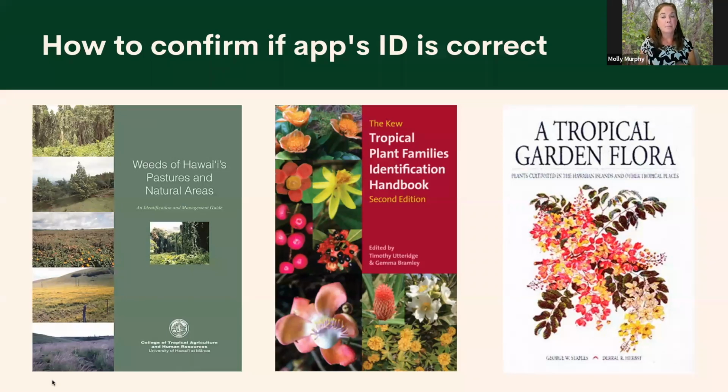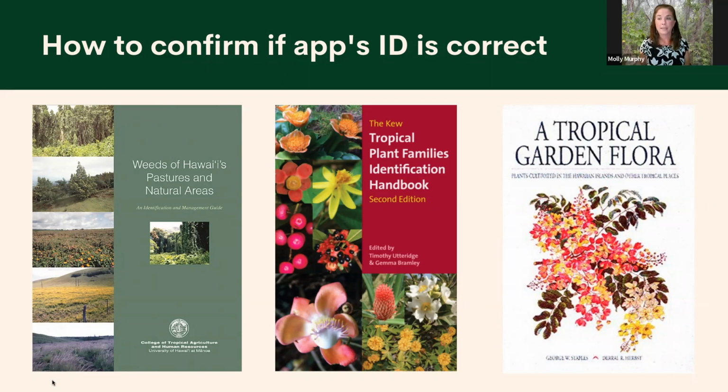If you know the species of the plant, you can type that into your search bar and say "CTAHR," and you can actually get each page from the book. But I highly recommend just buying the book. I think it's less than $15. I use it all the time. In the middle, we have the Kew Tropical Families Identification Handbook. This is if you want to get a little more nerdy into plant identification. It helps you learn the characteristics of each tropical plant family, just like the title says. It's a really great book if you really want to learn botany and understand the classification system for different plants and their families.